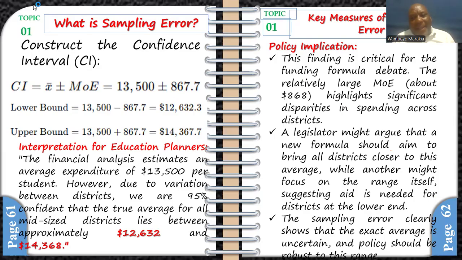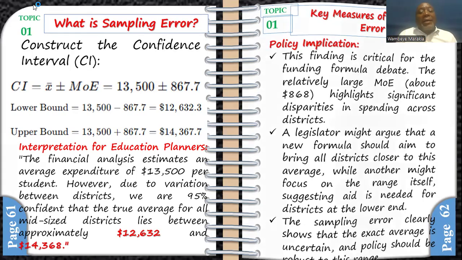Now, the sampling error clearly shows that the exact average is uncertain, and the policy should be robust to this range, the range between $12,602 to $14,368. So it's very important that when the policy makers, policy formulators are formulating the policy, they should be able to look at that. Another example,